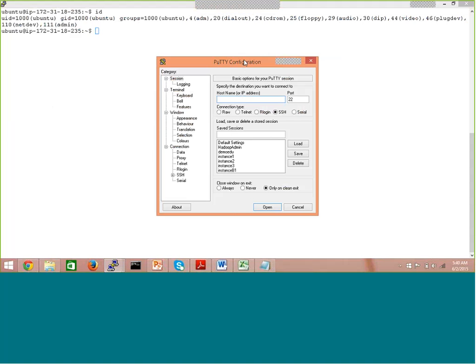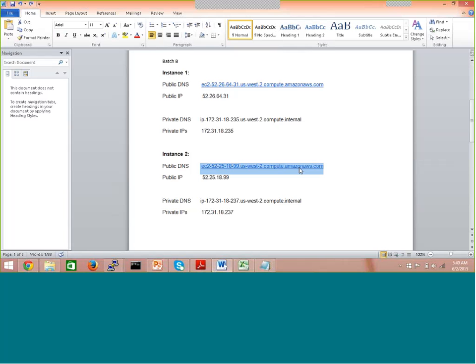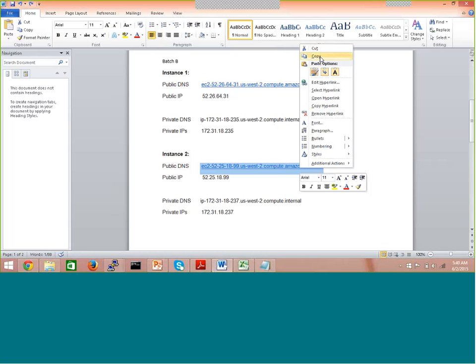It's a simple downloadable file. You just need to download this, and it's just an exe file. If you do a Google search and download PuTTY, it will provide you with a small interface which you can use to SSH into any of the servers. So first thing is I copy this address, whatever has been given to me, not the IP address,